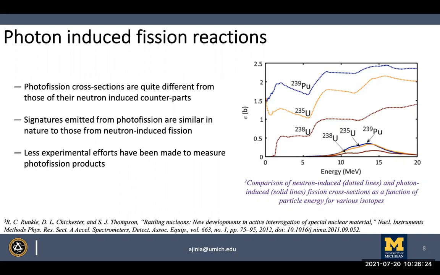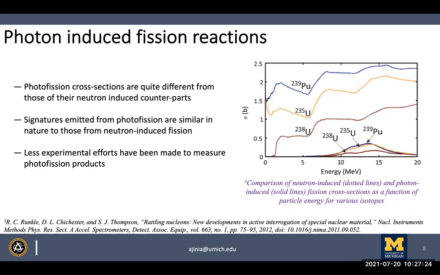So how do we actually make photofission happen, and how do we do photon active interrogation? We use high energy X-rays, or Bremsstrahlung radiation, to cause photofission. Then, in order to compensate for the lower cross-section values, we use a higher intensity photon source. To give some idea, a DD generator emits neutrons at 2 MeV, at about 10 to the 6 or 10 to the 7 neutrons per second, depending on the generator itself. But if we want to use a photon source to cause photofission in the SNM, then we would use